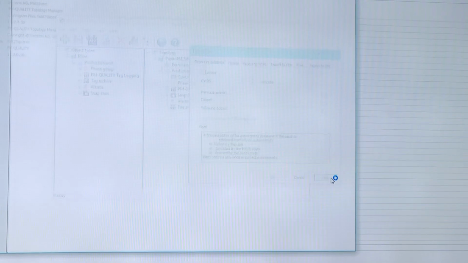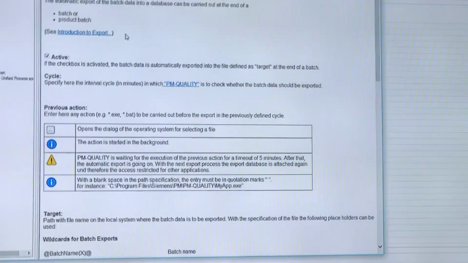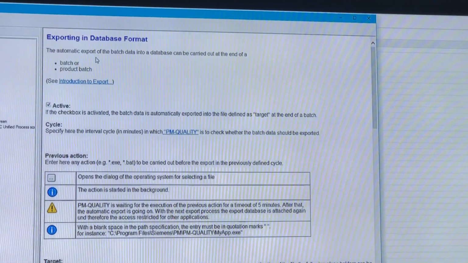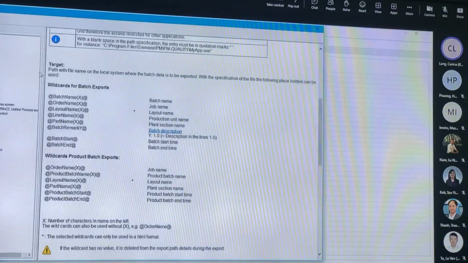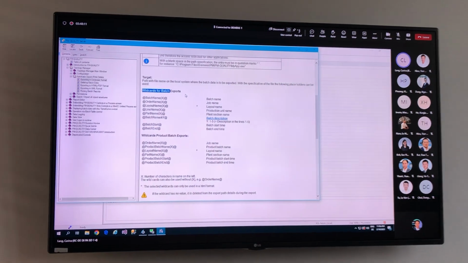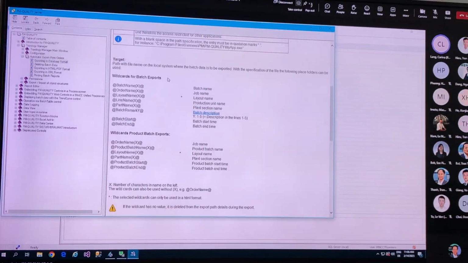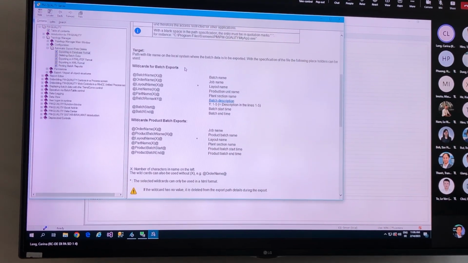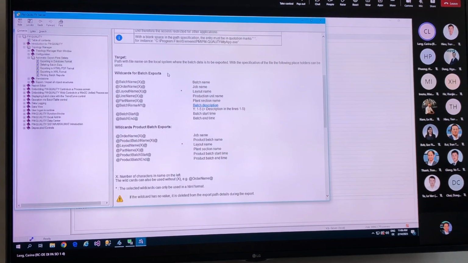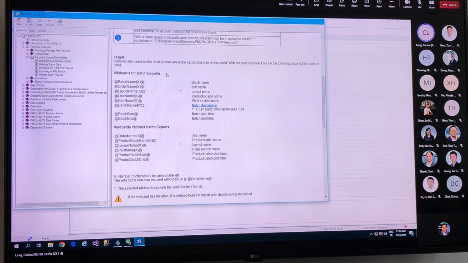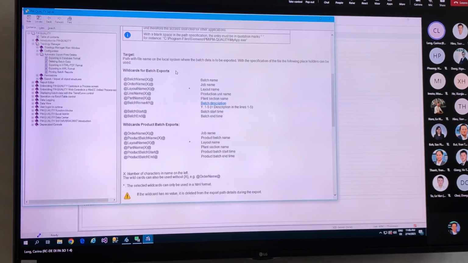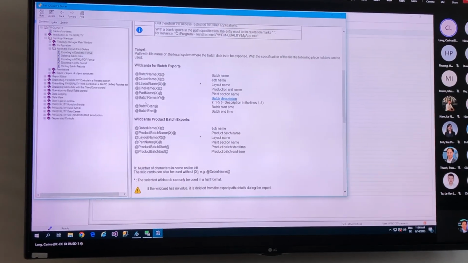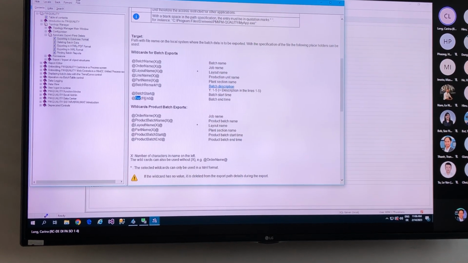If we click on the help here, we directly open the manual on the page of the database format. And what I want to show you are the wildcards here for the batch export. So that means you can use these wildcards to create the export database. So for example, if you want to have a database for each month, then you can use the batch start or batch end wildcard,